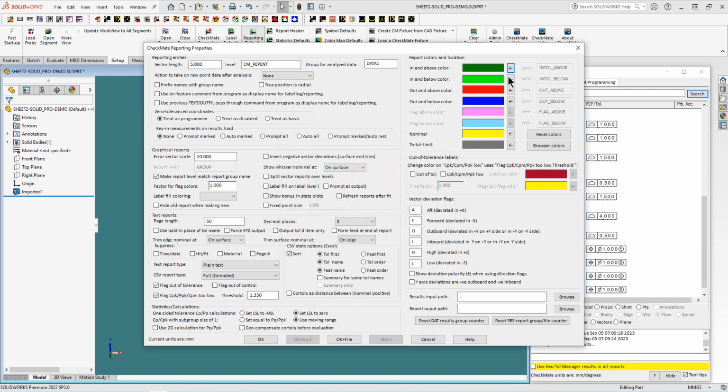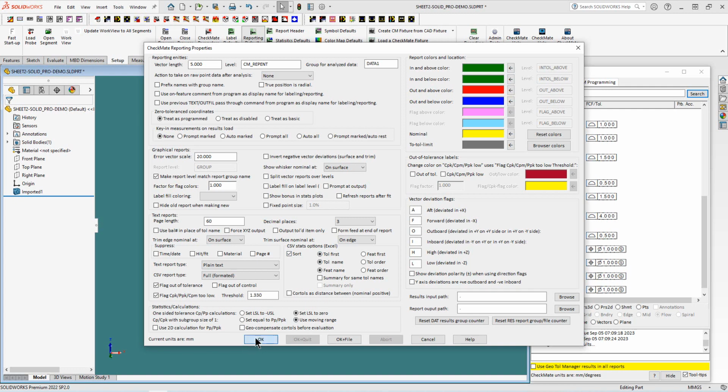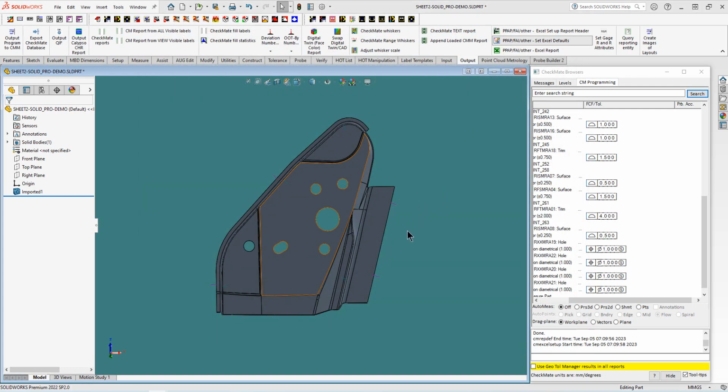I'm just going to say OK, so it's nothing you have to try and figure out the RGB numbers or anything like that. Just select this standard green that seems to work for me. I'll say OK. And now if I create an Excel report,